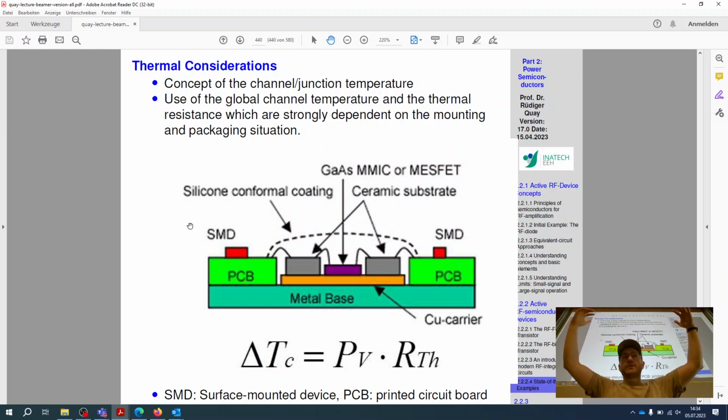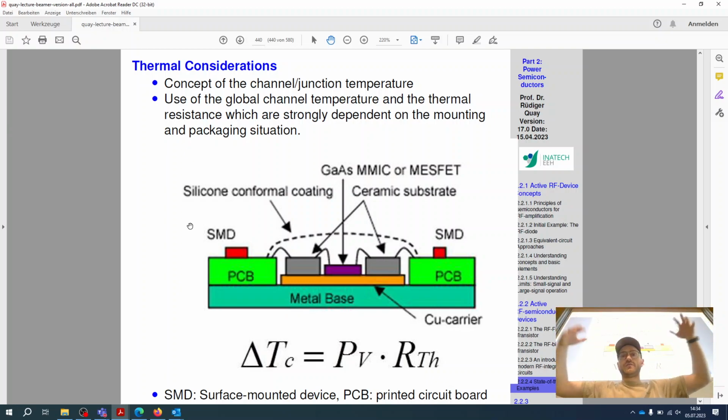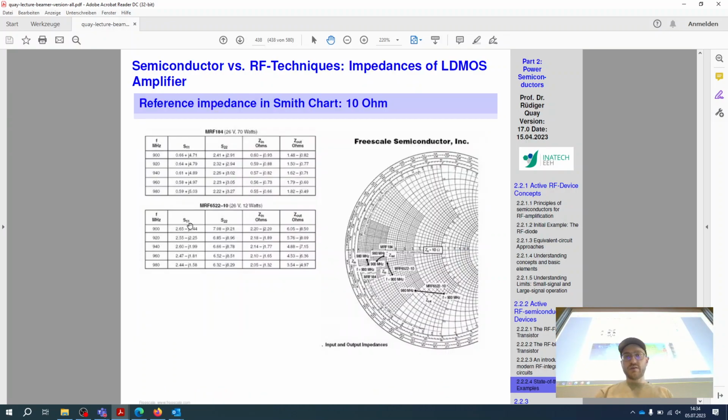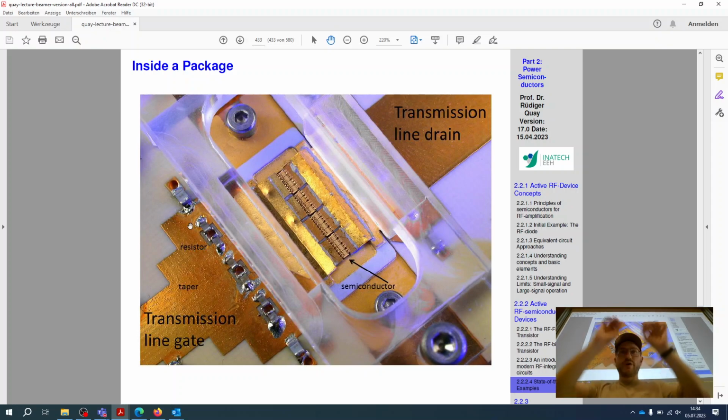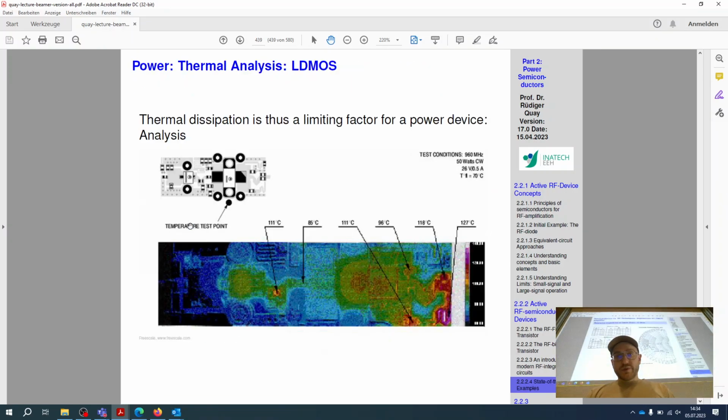So in order to encapsulate the device, or in order to use the device, you have to think of other forms of packaging. Usually you would think that a transistor bar is flip chipped on a carrier, and then the molding compound comes on top of it, and leads come out so that you contact it. That is not the case here. In this case, it is just glued on the carrier, and the carrier is some metal sheet or some metal confinement. You see this structure here with this transmission line that comes in and out of the packaging, and then you bond to it. And that is displayed